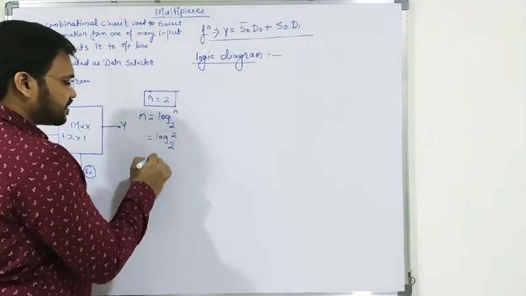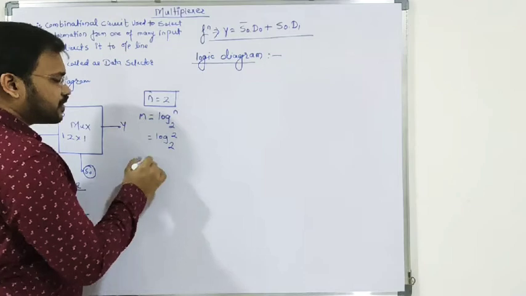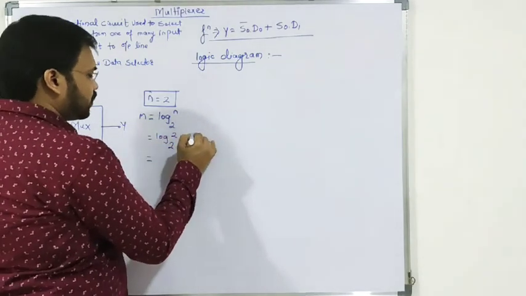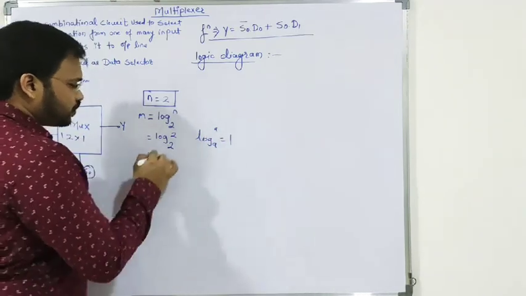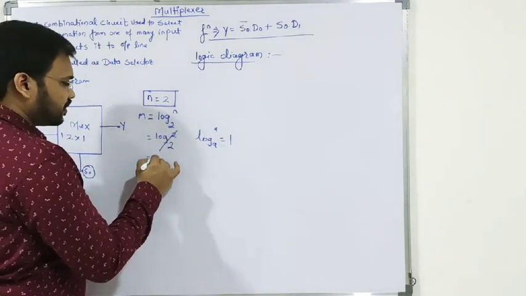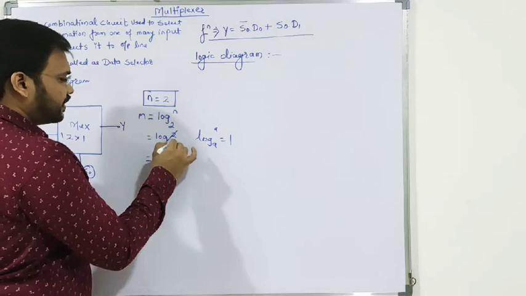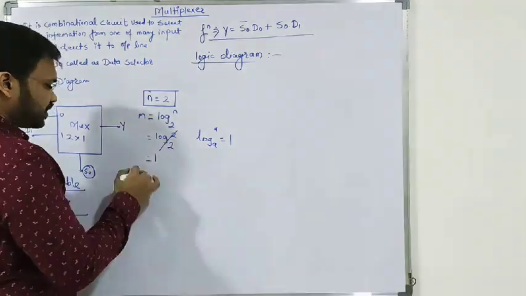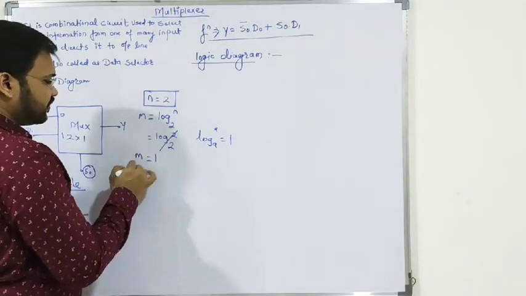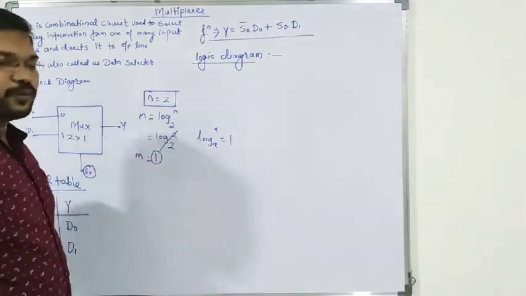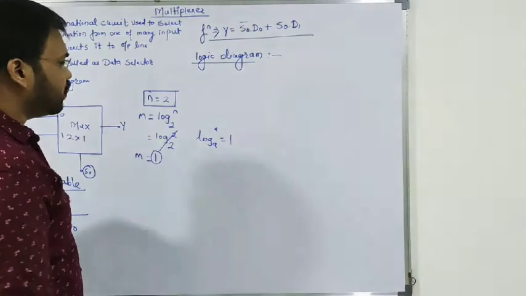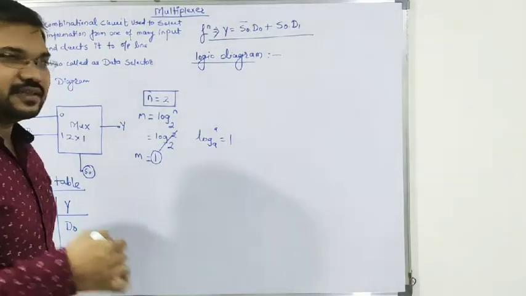Here, as we know, log to the base a of a is 1. So the value is going to be 1. So the number of select lines here is going to be 1. We'll discuss that part in a